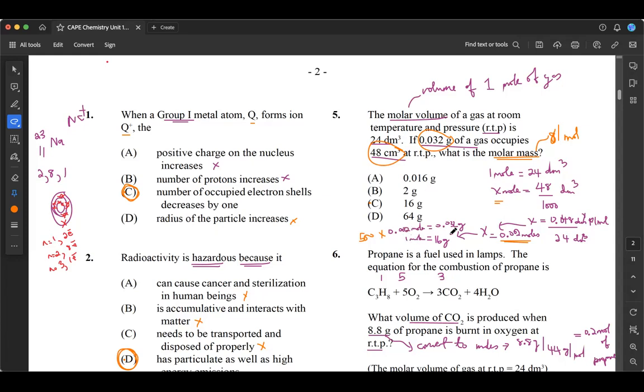So I multiply this by 500, and we have to do the same for the mass to get to how much 1 mole would weigh. And when we do that, we come out with